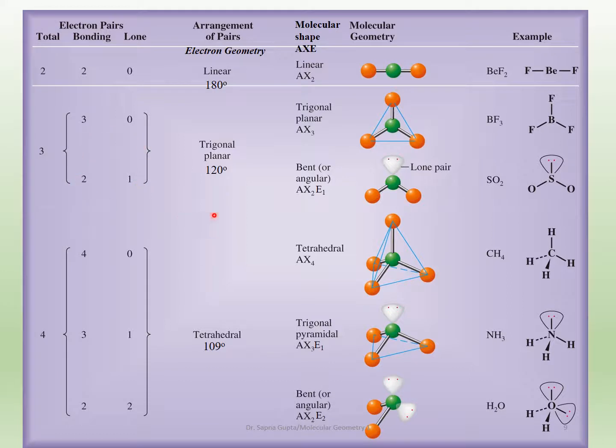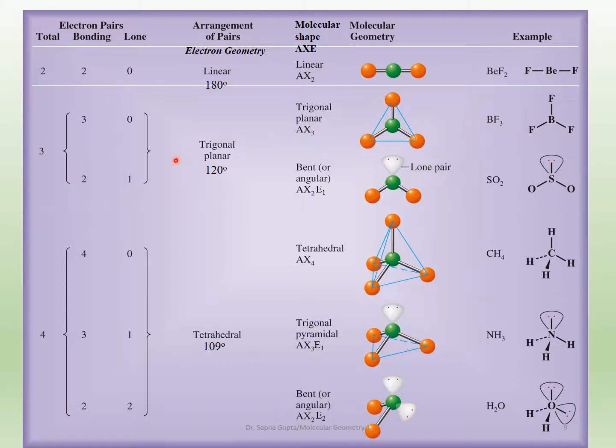In either case, the arrangement is still trigonal planar because the total number of groups of electrons you have is 3. So the arrangement is still trigonal planar, but the shapes are going to be different. So let's look at the first one where you have only the bonding pair, which means you have AX3: A is the central atom and X3 are the 3 atoms that are attached to the central atom. This is what it looks like. And so this is a very traditional trigonal planar shape, which is BF3 as we saw in the previous